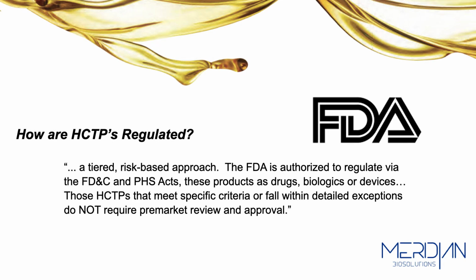Okay, so if something should fall within this group of guidelines, then they can be regulated under 361, okay, of the PHS Act. If they don't, if a manufacturer cannot prove that they fall into those guidelines, then they must be regulated either as a drug, which moves into a 351 pathway, which is a very arduous process, very expensive, time-consuming. That's the same pathway where all of your pharmaceuticals must go so they can get approval, okay? If it's regulated as a device, it can go through various 510K pathways, for example. But the key there is if it doesn't meet these criteria, and we're going to get into it in the next slide, then it cannot be regulated as a